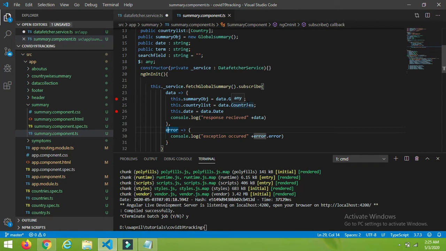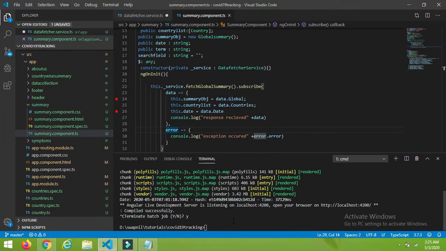So what I have to do is, whatever JSON data is coming, we have to map it to our local POJO classes, like what we have in Java. For that we have to create the same classes in Angular as well. So guys, I have created two POJO classes, that is country and countries. I will show you how to create these classes.